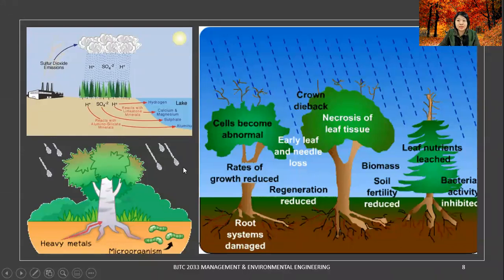So this is a figure that looks more interesting that you can see. Those heavy metals will make the tree die, also the organisms. See, the cells will become abnormal when the root system is damaged. And then it will also reduce the regeneration of the soil. And then the leaf nutrients might be leached out. It might also happen because the underground water is there, so all of this may go into our underground